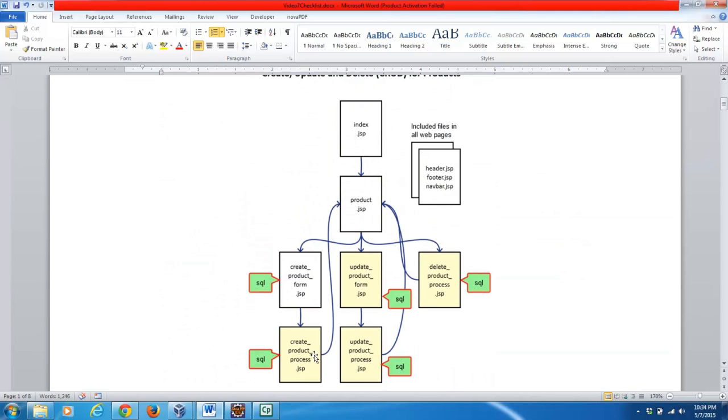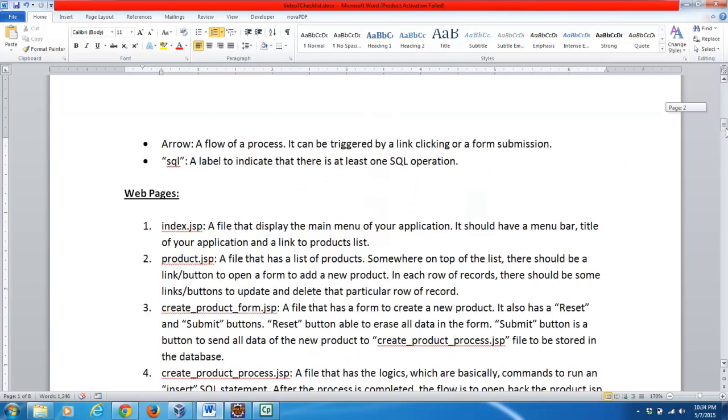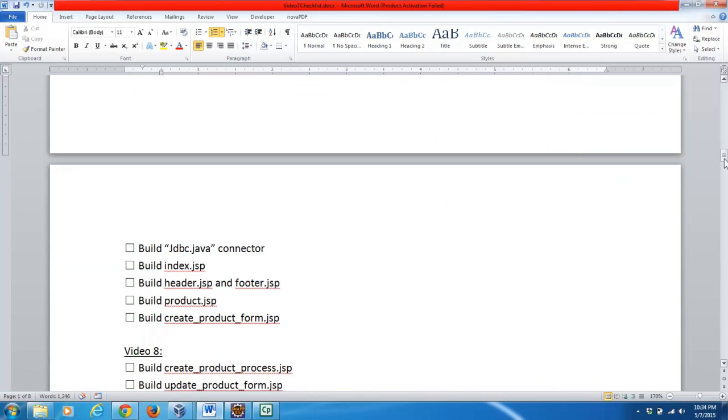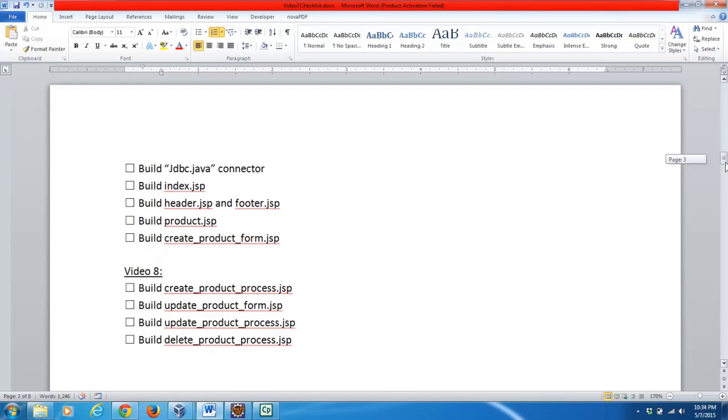And the yellow ones we will do in video number 8, yeah, video number 8, which is build the rest of the file: create products process, update product form, update product process, and delete product process. Okay,